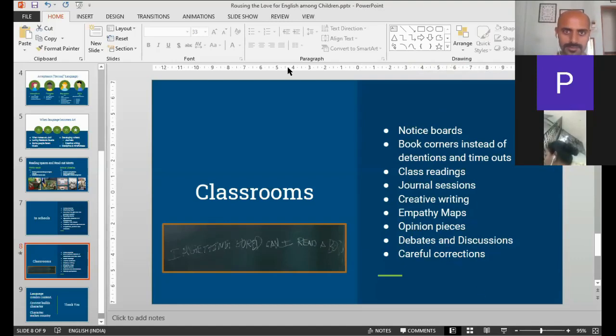Corrections, as mentioned by someone before, have to be done very carefully. You cannot just do corrections for the sake of correcting the language. It has to be done from the point of view that you are trying to tweak or play with the thoughts of a child. If you do a correction, the whole structure in the mind of the child changes. So the correction has to be done very gently, and once the correction has been done, the child has to repeat the corrections.